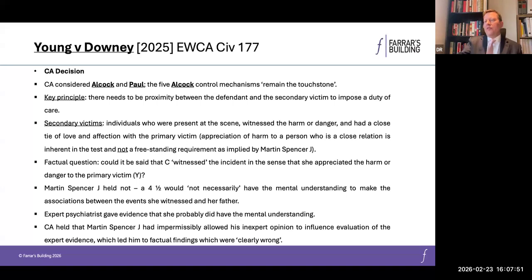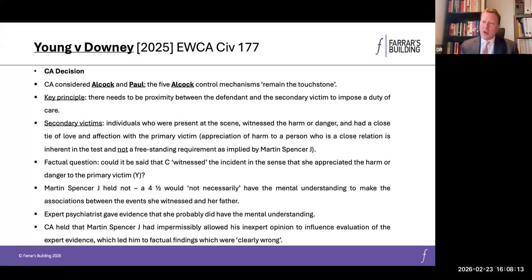So, dealing first with the uncontroverted expert evidence point, this, of course, will ring a bell when we think about the case of Griffiths and Tuohy in the Supreme Court. Should the judge, in principle, have been able to reject a critical part of the expert's evidence when it had been challenged by the defendant?